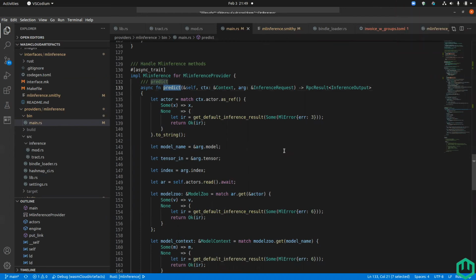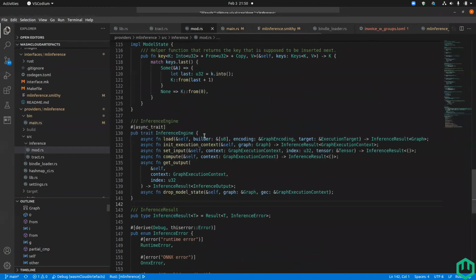That's really neat. You had said you weren't sure about having that trait for the tracked engine. If you needed to expand that to support OpenVINO or TensorFlow or something, you could make that an enum, and all of the variants of the enum could implement the same interface. So yeah,